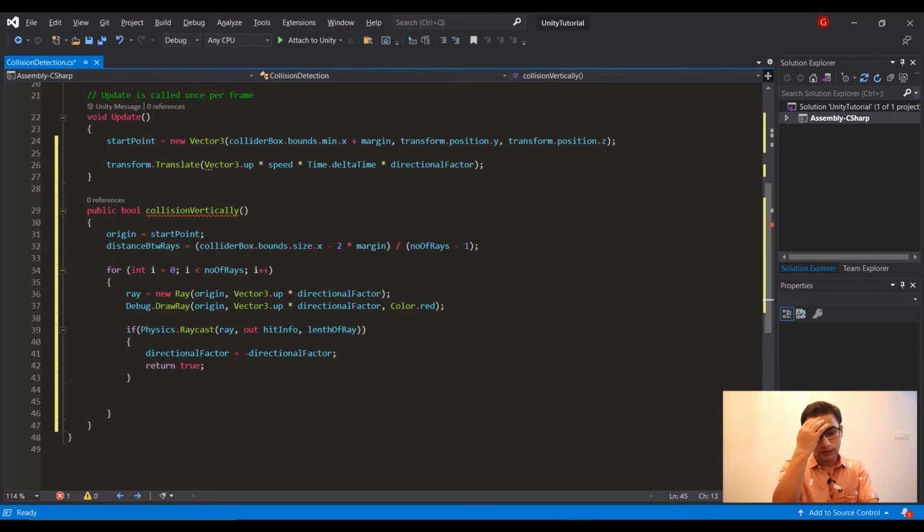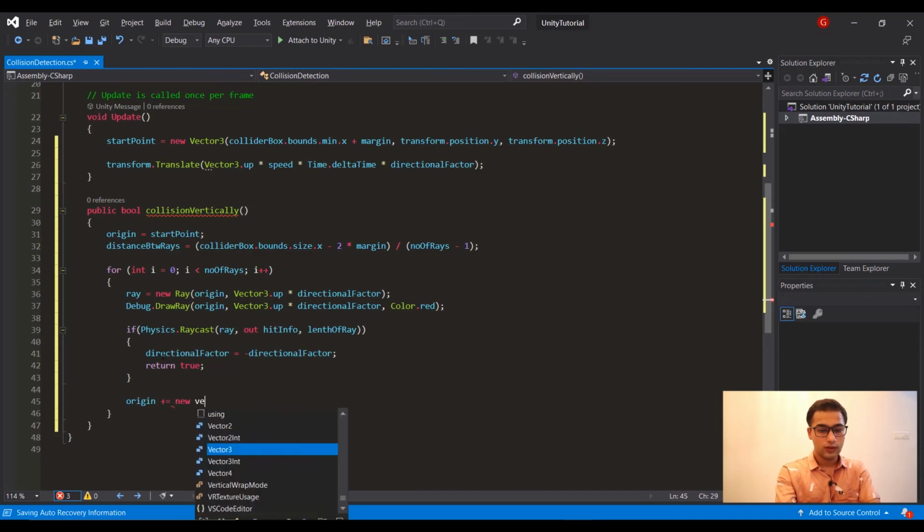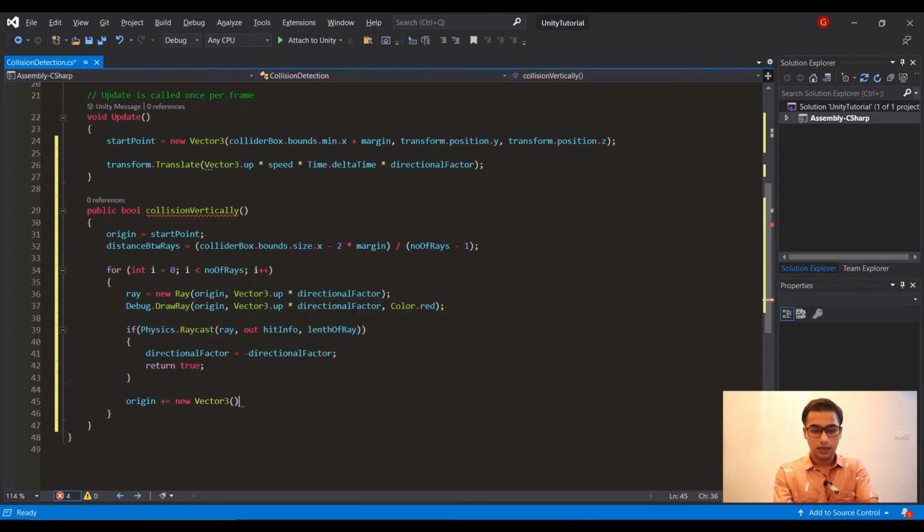And then we will write origin plus equals new Vector3, and here I am going to write distance between ray, then 0, and at the end simply write return false.